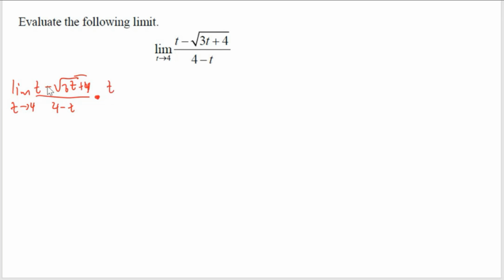So we have t. Since it's minus, we have to write there plus the square root of 3t plus 4, all over t plus the square root of 3t plus 4. Now if we're going to multiply that one, the numerator is similar to this in our algebra: a plus b times a minus b is equal to a squared minus b squared. Applying these special products, when you multiply by its conjugate, the answer